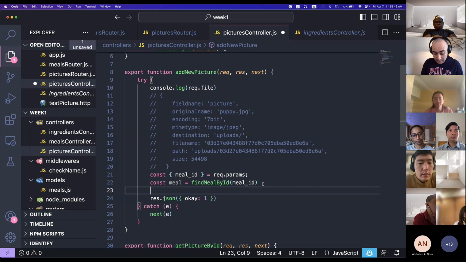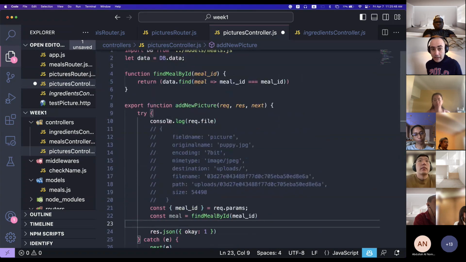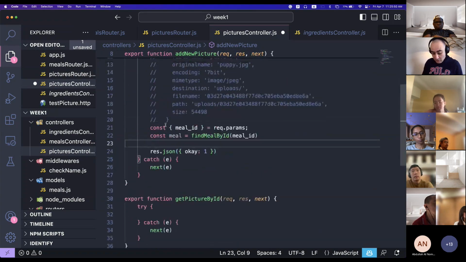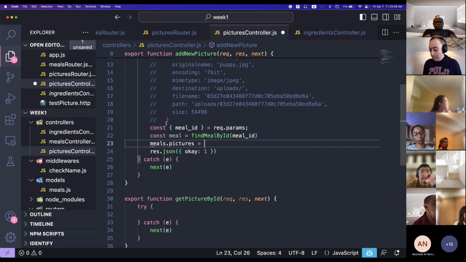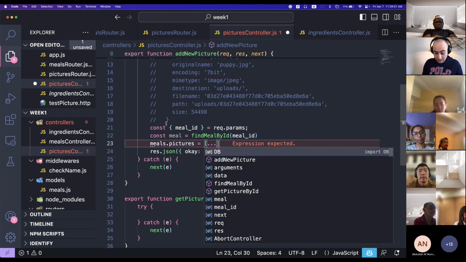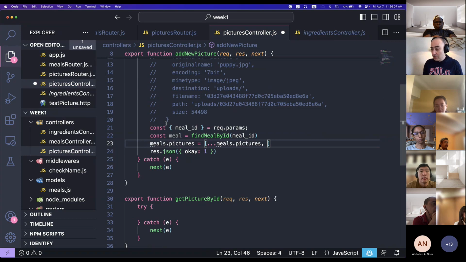So I can say here, data. Oh no, we're going to manipulate the meal.pictures. So I can say meal.pictures equals, I'm going to use the same technique of creating a new array, spread all the old pictures, meal.pictures, and then I'm going to add a new picture. Now, apparently here, what we have